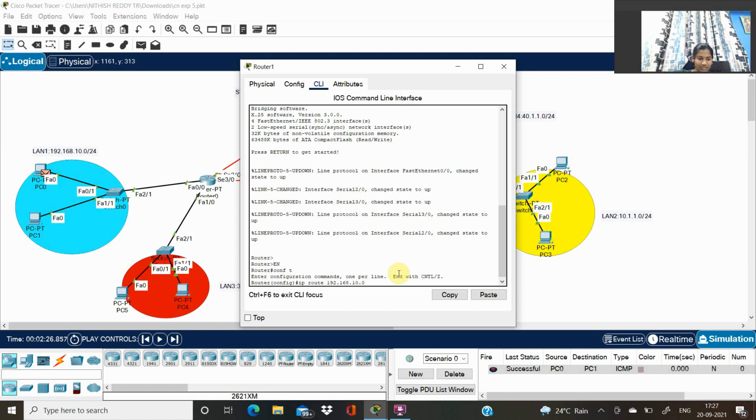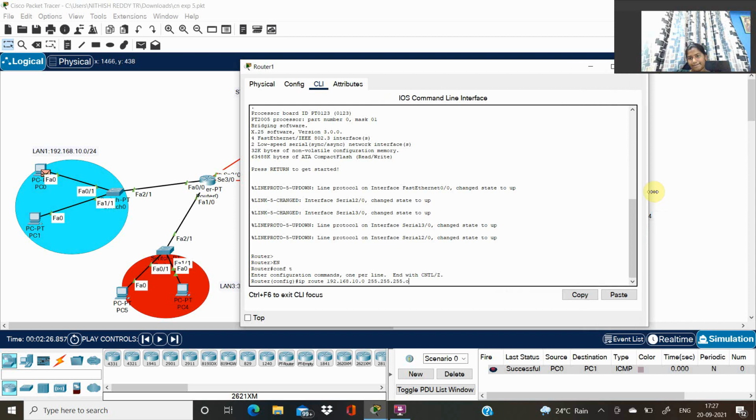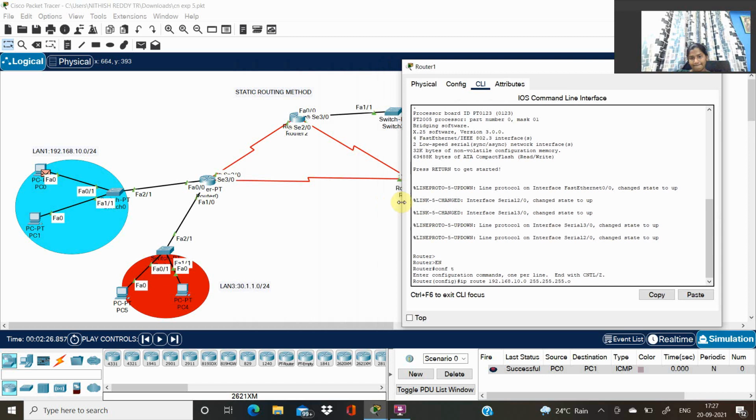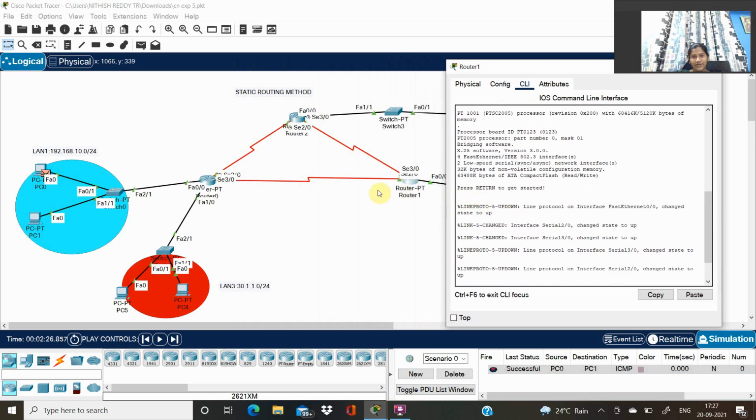Then we have to give our subnet mask, 255.255.255.0, and check through which interface it is passing.